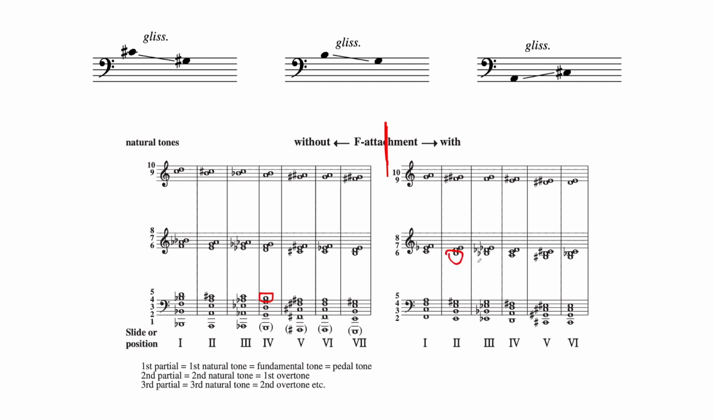Then G here, yes. I can do this glissando with F switch because B natural is the sixth partial and this G is also the sixth partial. Then I can do it with F attachment. But the problem is, although this instrument with F switch is our standard instrument today in the orchestras, there are still